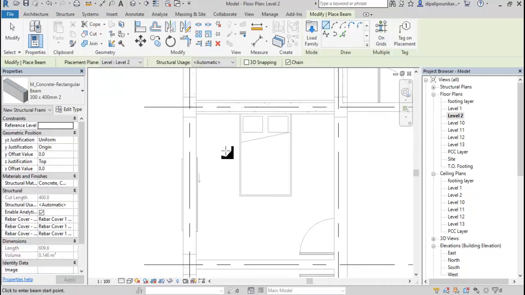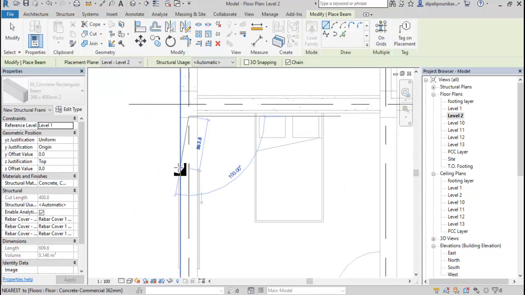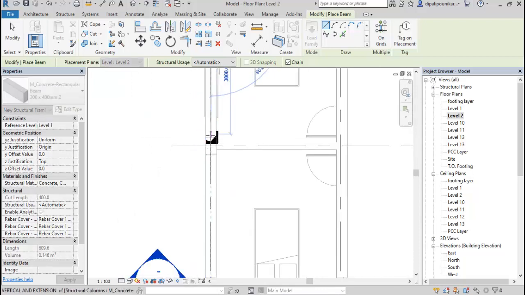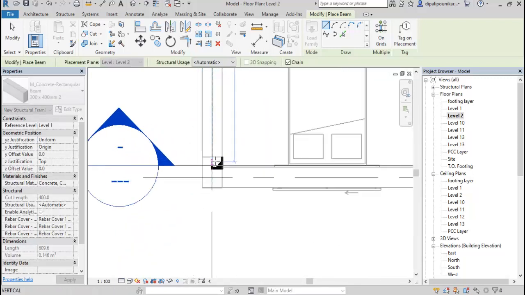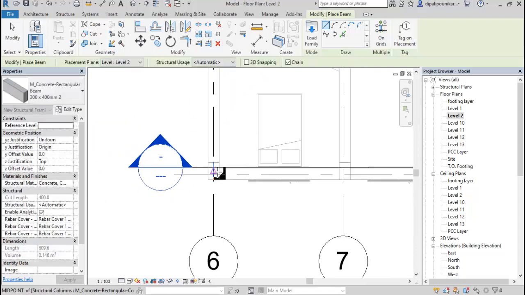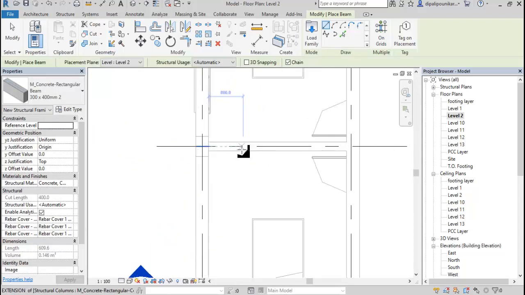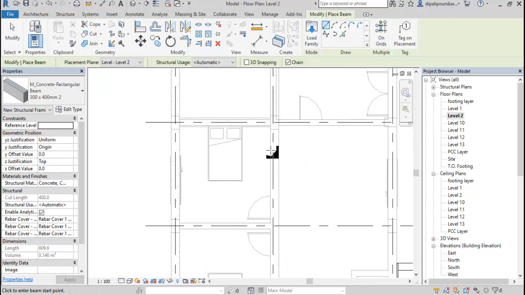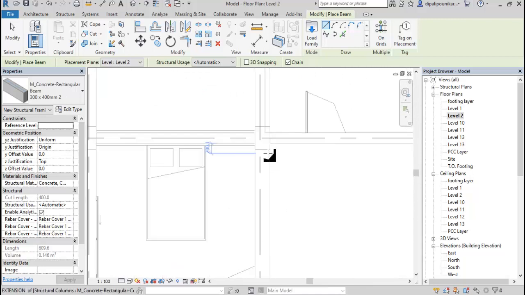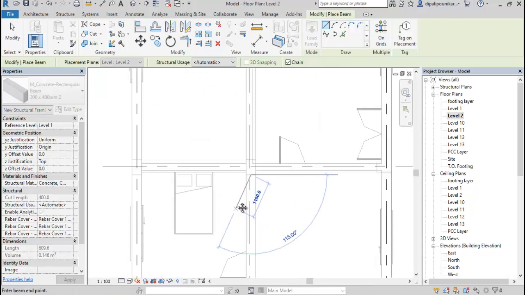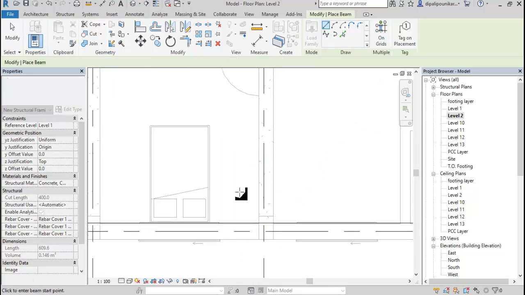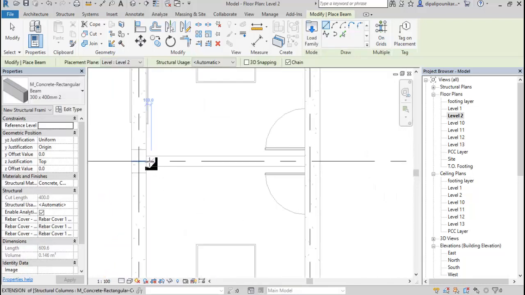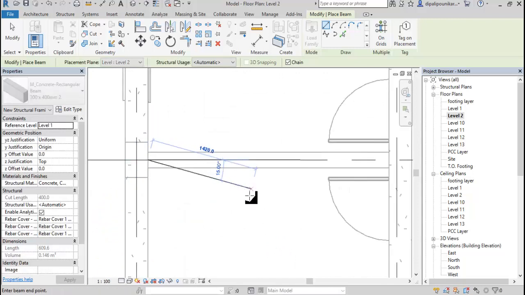Then assign from this point to this point, then add from this point to this point. Okay, now after that you need to click here. Let me provide from here also. Just select this one, and let's provide at this particular point. Okay, now click here and click here.